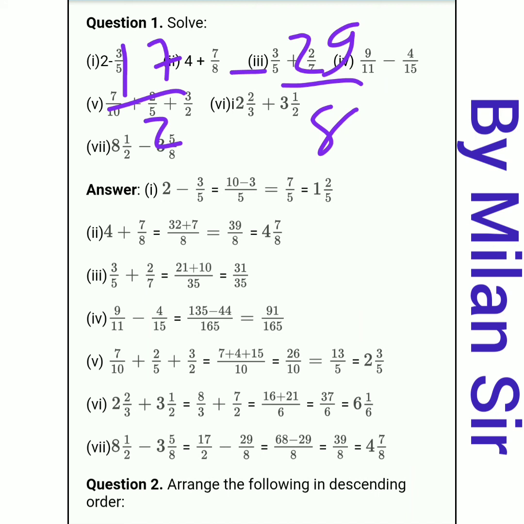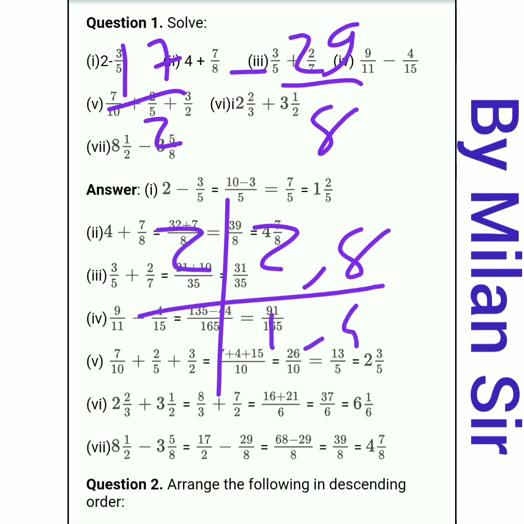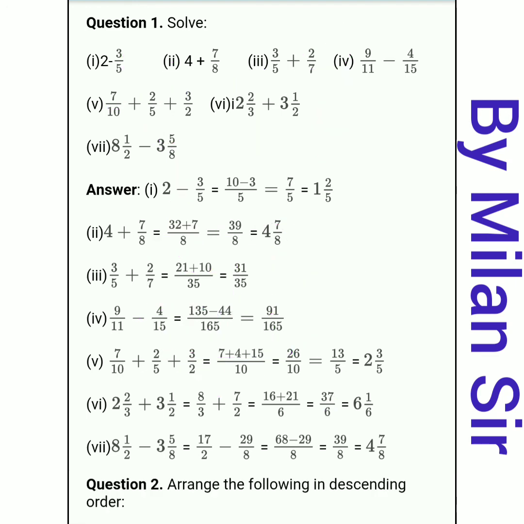Right? So here we have 17 by 2 minus 29 by 8. Here even you can do the cross multiplication method. That means you can multiply and divide 8 here, and you can multiply and divide 2 here. Right? But if you take LCM, then your LCM becomes 8. Okay. 2 and 8. If we take LCM, so first of all 2 ones are 2 and 2 fours are 8. Then only 4 is there. So 4 ones are 4. So our LCM is 4 twos are 8. Okay. So LCM is 8.